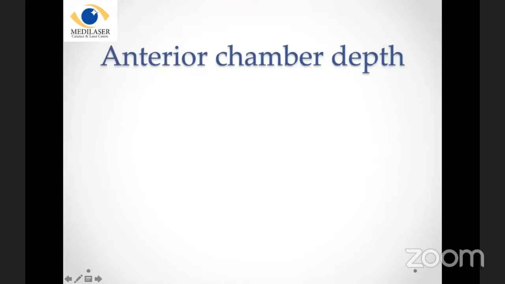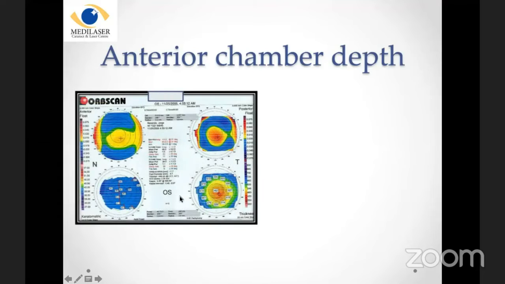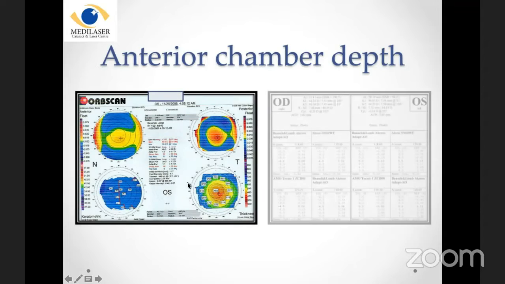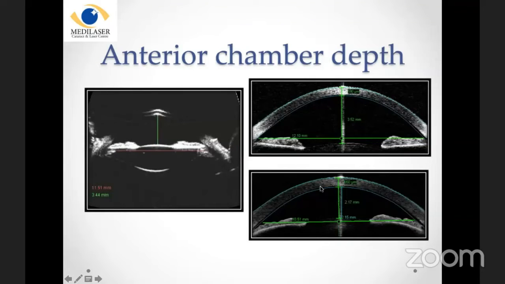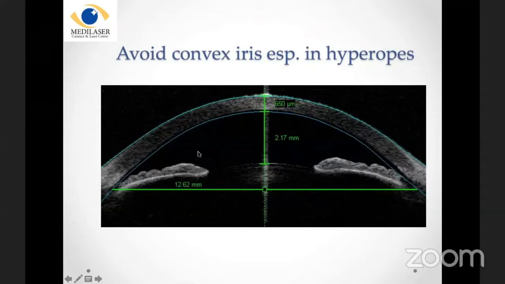So anterior chamber depth is measured usually from the corneal endothelium, and this can be derived from any topography machine that we have handy, or an optical biometer, but that would measure it from the epithelium, and you would need to deduct the corneal thickness, or anterior segment imaging devices like the UBM and anterior segment OCT can also help us with this measurement. The anterior segment imaging devices are also useful in studying the iris configuration, ruling out any iris cysts that may interfere with placement of the ICL. They can also give us an idea of the angle configuration.